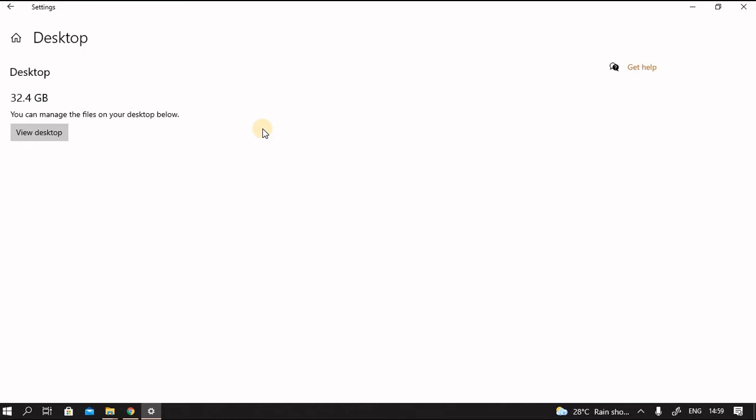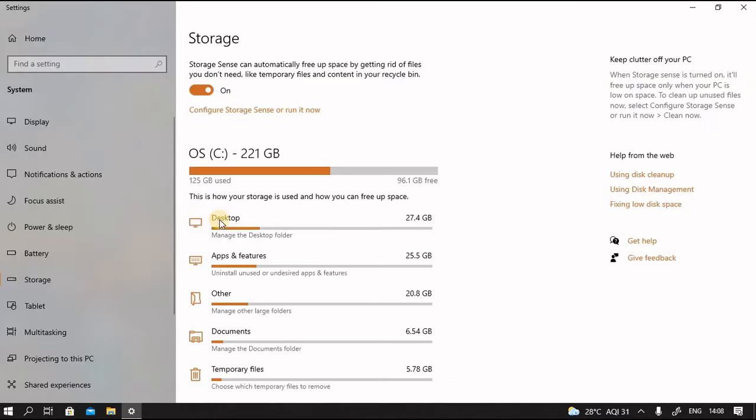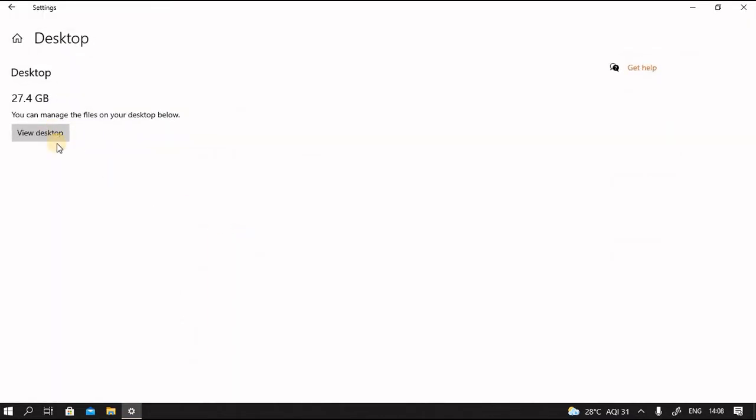32.4 GB storage space has been used by the files on the desktop. I told you that 32.4 GB space has been used up by the desktop. But here on the screen it shows 27.4 GB only as used up. It's only because I am taking up this recording again after a lapse of time, and in between I have done some pruning on the desktop. But let us move on and try to understand how to minimize space usage on the desktop.